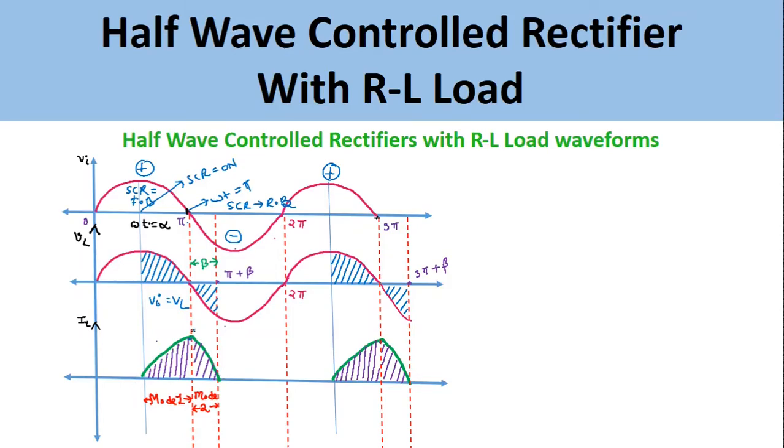The current through the inductor reaches a maximum value, then slowly reduces to the zero value as shown in the figure. So the mode of operation in which the current through the inductor slowly decreases from the maximum value to the minimum value is called the mode 2 operation, and in the mode 1 operation the current through the inductor increases from the minimum value to the maximum value here.